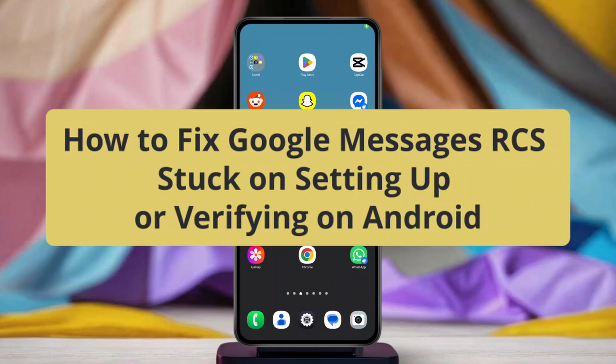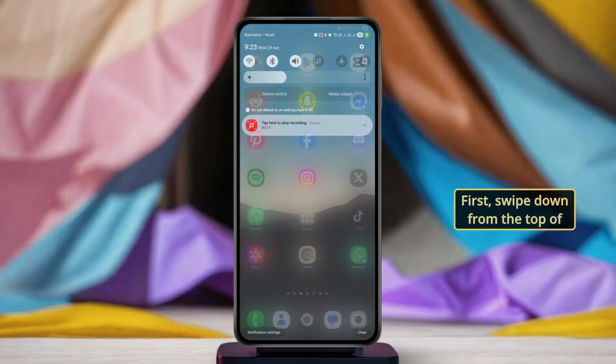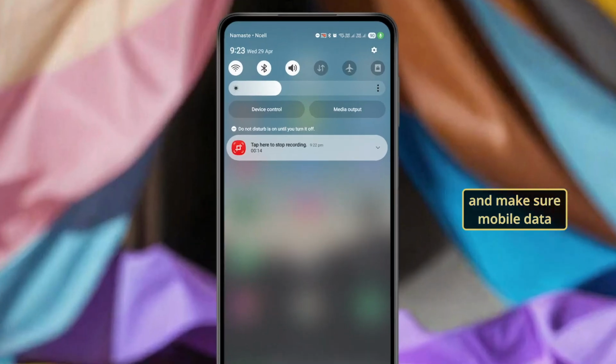How to fix Google Messages RCS stuck on setting up or verifying on Android. This tutorial shows you how to get RCS chats working properly again. First, swipe down from the top of your screen to open the Quick panel and make sure mobile data is